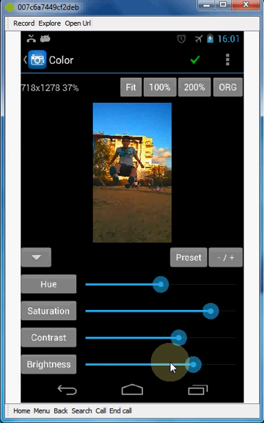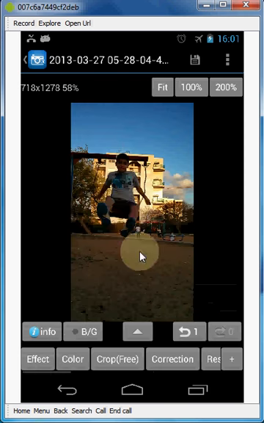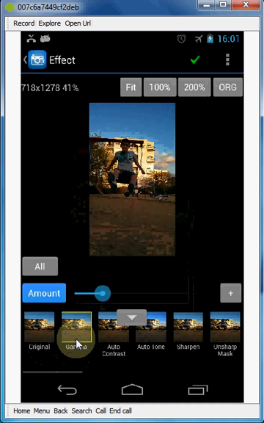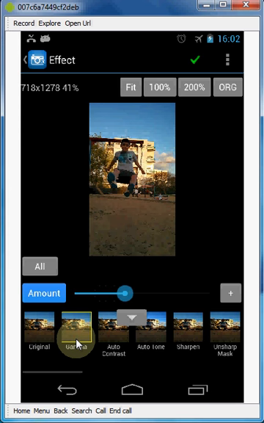Okay. Play with it until you like the result. Still he's too dark, this guy. Let's go again to the effect and again to gamma. Now let's brighten it a little bit and again hit the all,